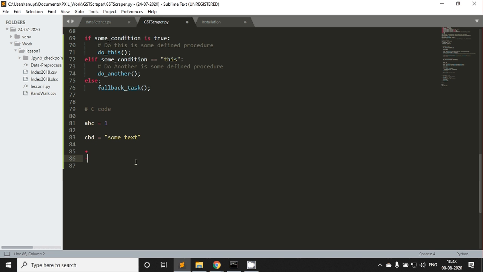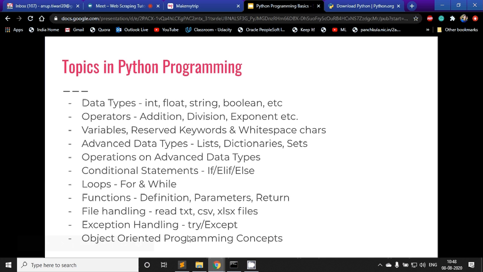We will do some operations on these advanced data types, like how to append an element in a list, how to access values from a dictionary or a set, how to remove elements, and different types of operations. Then we will go to conditional statements, then loops, then functions, then file handling, exception handling, and finally some object